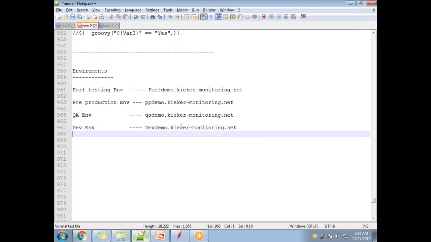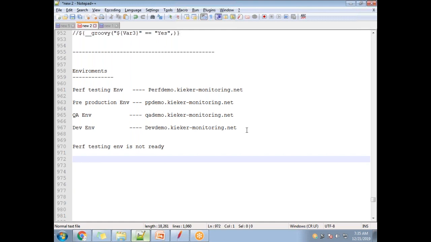For example, when you start scripting, let's say the performance testing environment is not ready. That should not stop you from creating the scripts. Your manager or lead will say, use the QA environment and start creating the scripts, and when the performance testing environment is there, you can change the scripts accordingly. So you take the QA environment and start creating scripts, and in all your scripts, the server name will be